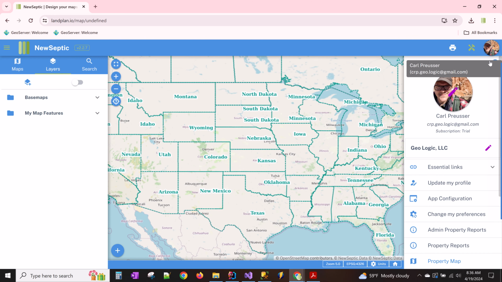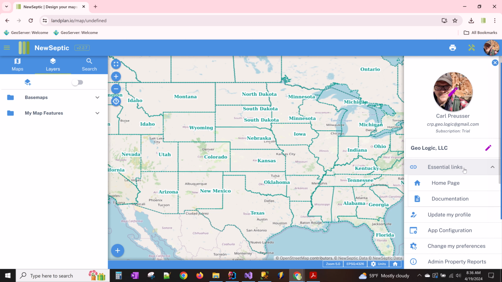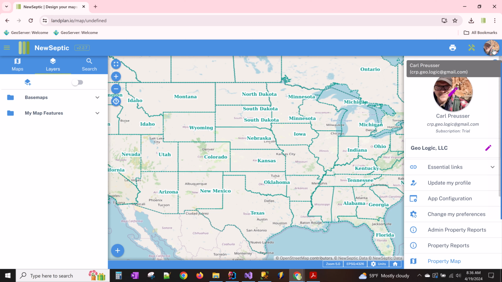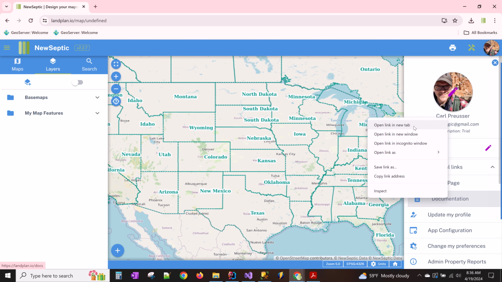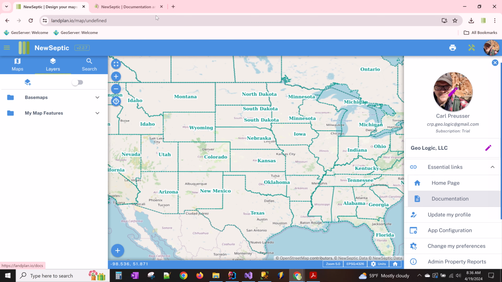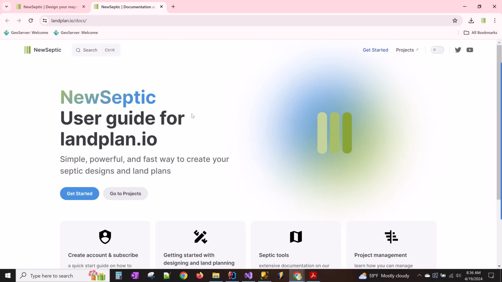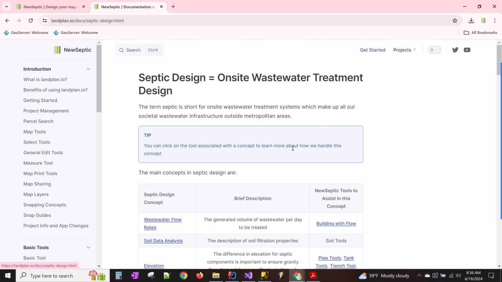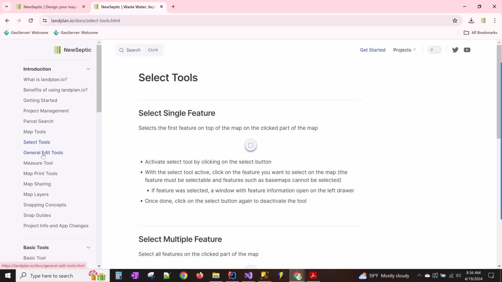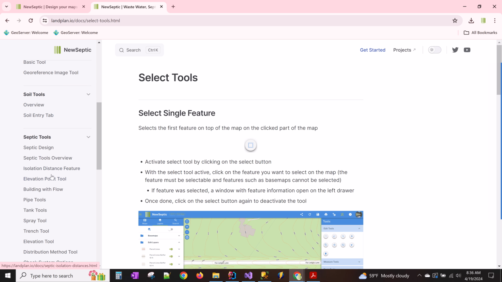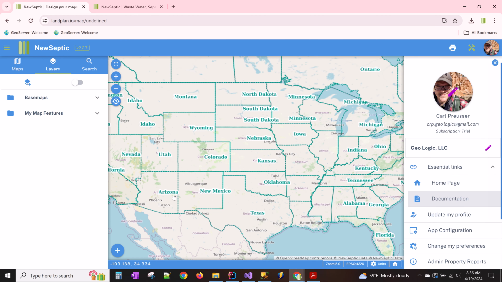We have mostly complete documentation on all our tools. If you click on your account menu here, you can go to Essential Links, and if you right click over the documentation, open it in a new tab. The software works best in Google Chrome, but you can see we have a lot of documentation on all our tools here on the left, so you can scroll that. But if I want to open that again,